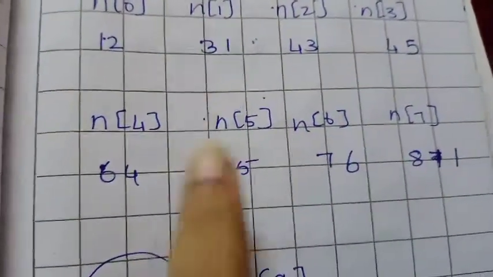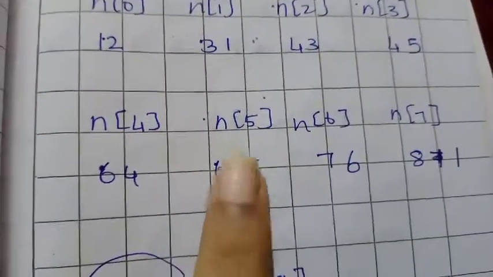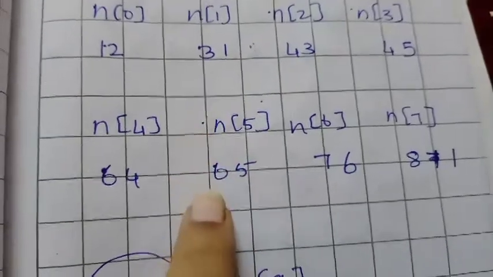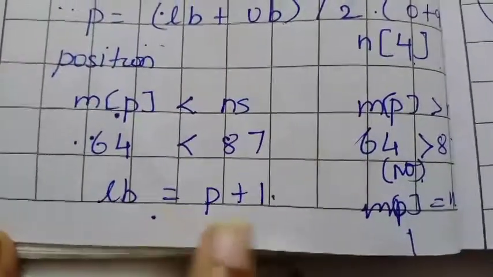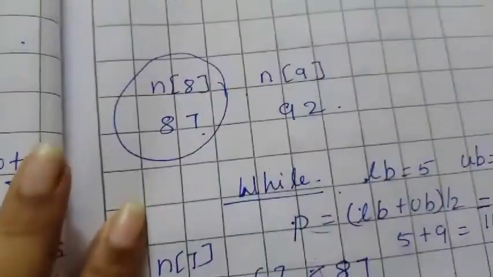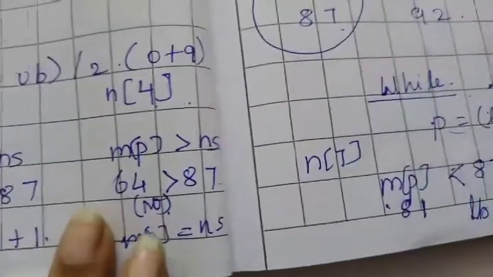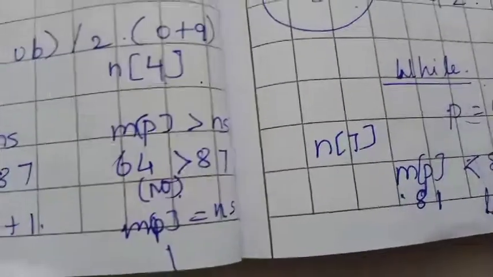So what we are going to do is we are going to change the lower bound to n of 5, that is p value is 4. So we are incrementing p plus 1. So LB will be your p plus 1, which is equal to 5. Okay, so in the next thing it is going to check